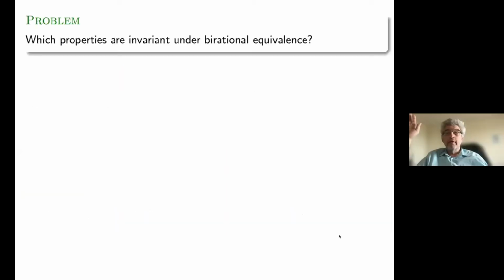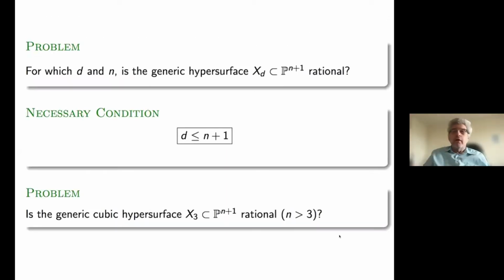Can I ask a question? Yes, of course. It's sort of from the style of your questions. There are all sorts of things that I feel like I should understand, but I don't. So for example, when you say the generic cubic hypersurface, is it clear that, except on a set of singular ones, they're all birational to each other if I change the coefficients? Just the form of the question makes me realize that I'm missing some basic background.